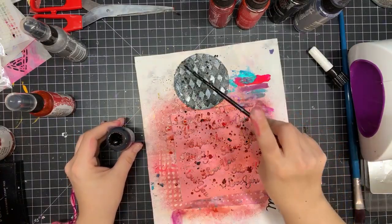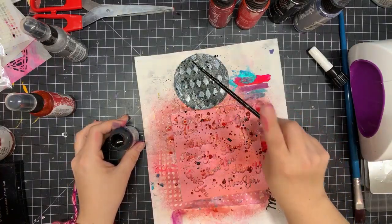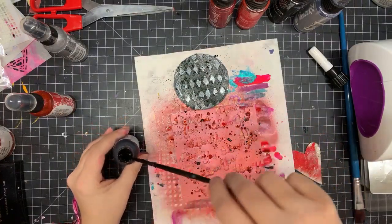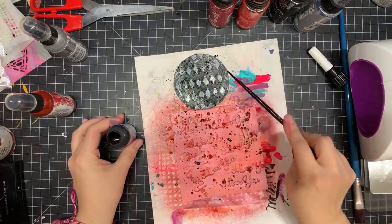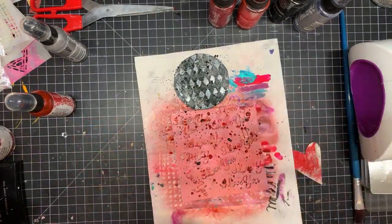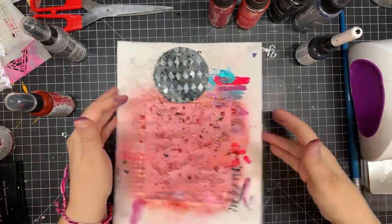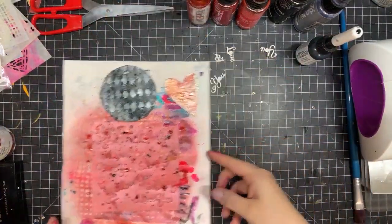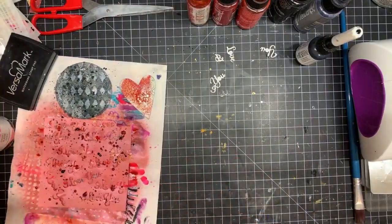That black firework spray gets a little bit muted, I guess, which is really gorgeous. It's got that silver shimmer, but I really just want some strong black dots in there, so that's good. So then we're going to put these guys aside to dry, and real quick I'm going to cut out the other layers of cardstock that we're going to use. Okay, so there's my elements, and while that's drying, we're going to cut out a piece of black and a